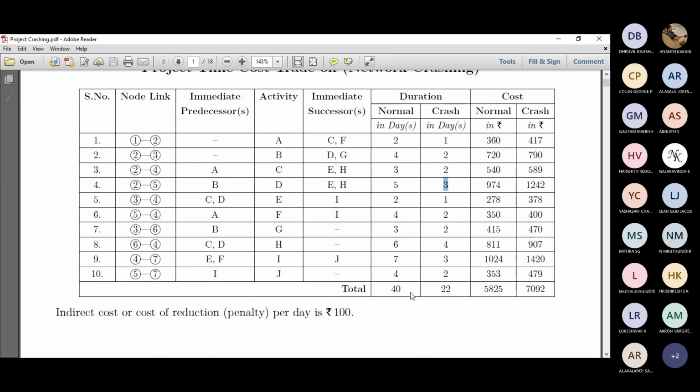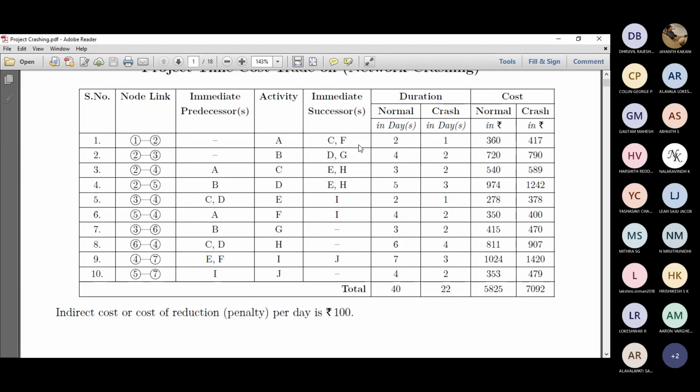Say if it gets 44 days, then probably you can reduce this thing by 2 days, like 5 days can be converted to 3 and 4 days can be converted to 2. So that the extra 4 days, which is supposed to be a cost and time overrun. In that case, project management can use the crashing technique to bring the time overrun or cost overrun project into equilibrium or under control. So that's basically this time cost trade-off.